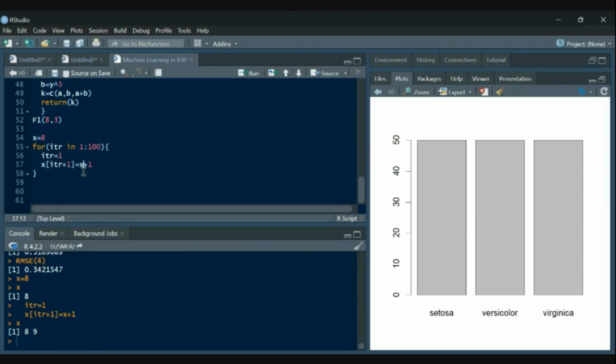But if I add X plus 1 here, what it will do? Since my length of the vector X is 2, it will add 8 plus 1 and 9 plus 1, that is 9 and 10. It will give me X as 9 and 10. So we'll check it again.